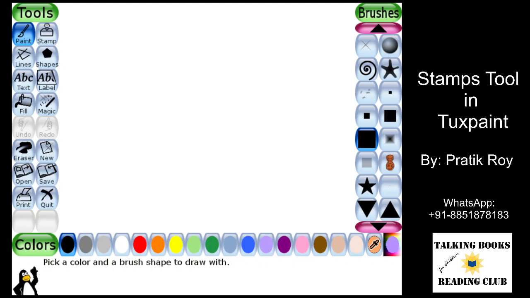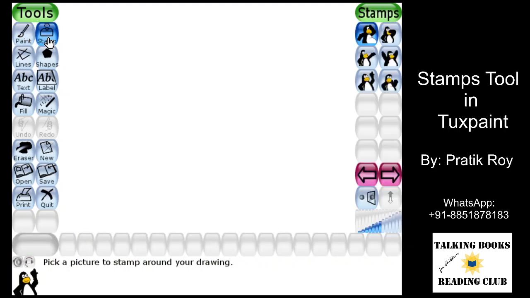Now, to see how the TuxPaint stamps work, we can go to something which is known as stamps. Within the tools section, next to the default tool, which is paintbrush, we find the stamp tool.